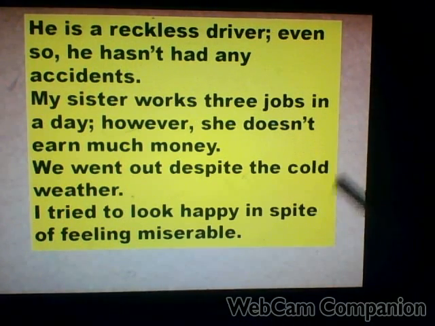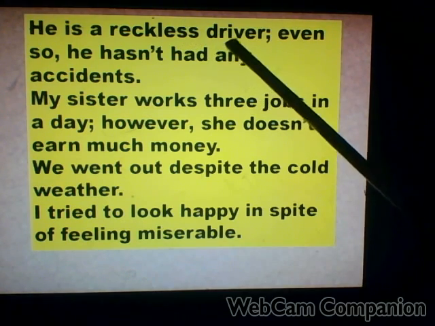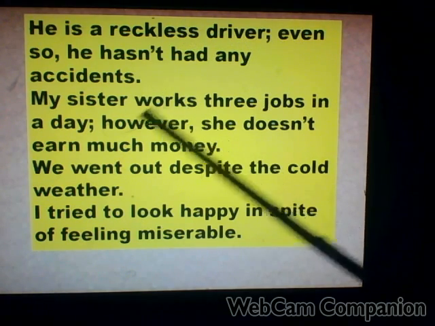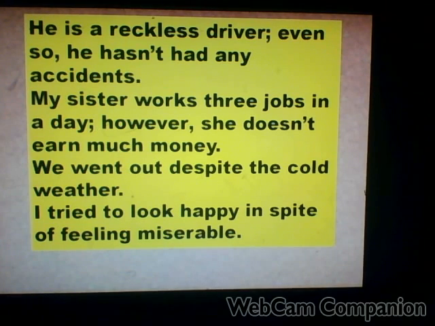He is a reckless driver, even so he hasn't had any accident. সে বেপরোয়া গাড়ি চালক, তথাপিও তার কোনো দুর্ঘটনা ঘটেনি। My sister works 3 jobs in a day. However, she doesn't earn much money. আমার বোন 3টি জব করে, যাই হোক তার কিন্তু উপার্জন খুব একটা ভালো না।